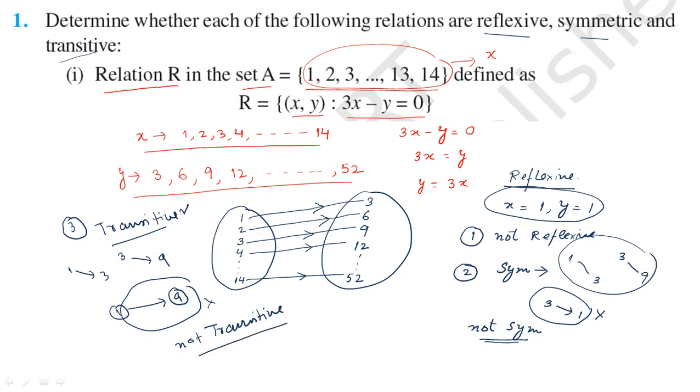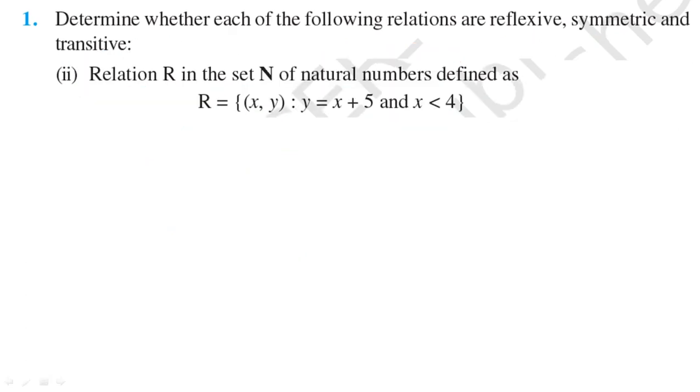Now, what about the result? It means the first question is neither reflexive, if I am talking about reflexive, you can put a cross here. Symmetric, it's not symmetric, and transitive, it's not transitive. Now, what about the next question? This one is the second question, on a similar track to that of the first one.